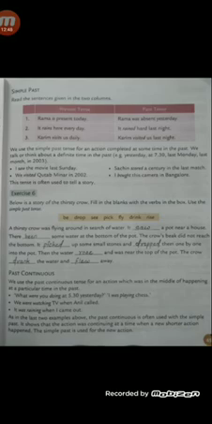A thirsty crow was flying around in search of water. It dash a pot near a house. So it saw a pot near a house. Then there was some water at the bottom of the pot. The crow's beak did not reach the bottom. It picked up some small stones and dropped them one by one into the pot. Then the water rose and was near the top of the pot. The crow drank the water and flew away. So